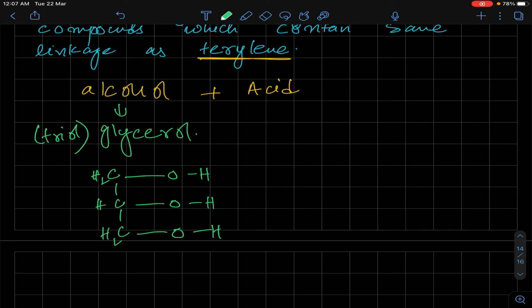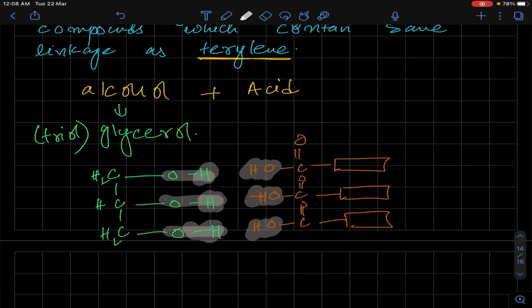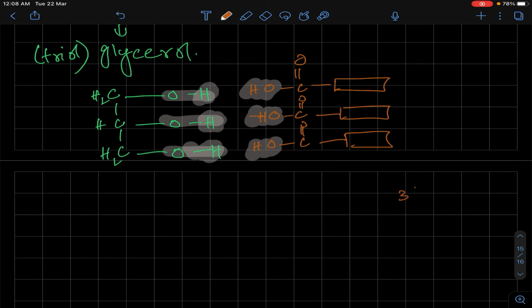And this triol would make ester links with long chain carboxylic acids. As the triol contains 3 alcohol groups, 1, 2, 3, that means it can make 3 ester linkages. So we need 3 acidic molecules. So let's suppose we have C double bond O OH 1, C double bond O OH 2, and C double bond O OH 3 acidic groups, and it doesn't matter how many carbon atoms we have in the chain, we just have to have 3 acidic groups, right? So 3 ester links would be formed between the alcohol and the carboxylic acid. So OH from the acid and H from the alcohol would be lost. So 3 water molecules would be lost